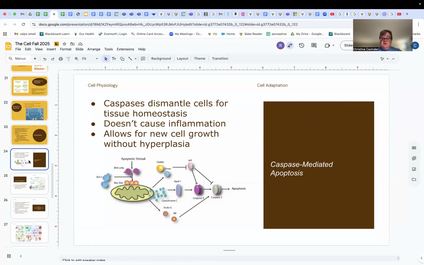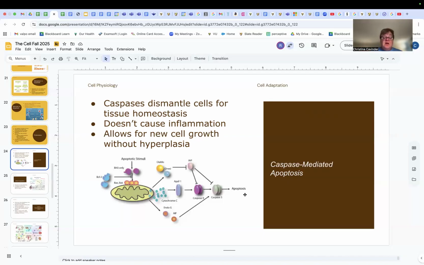So maybe the cell isn't functioning well, it's old, it needs to go, it needs to make room for new cells. So in this, it receives a stimuli. So here you see the apoptotic stimuli, and that goes into the cell. And then it breaks down, like it says. And then these caspases will break it down even farther. And so we have true apoptosis. This allows for cell growth without hyperplasia. So we're getting rid of old cells, we're putting in new cells, but we're going to have pretty much similar